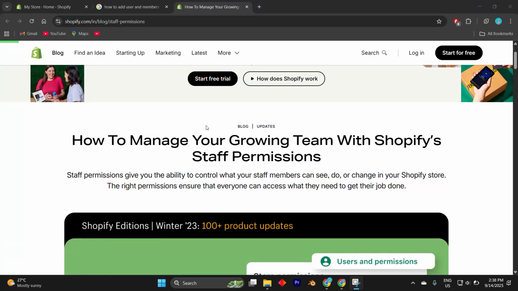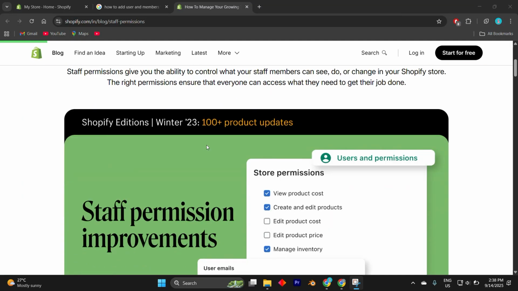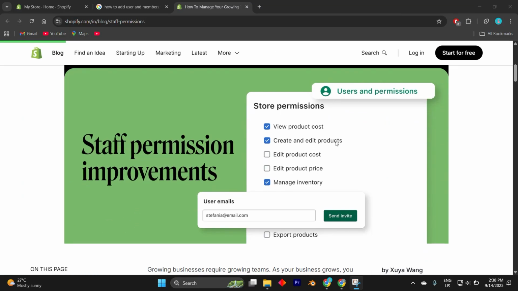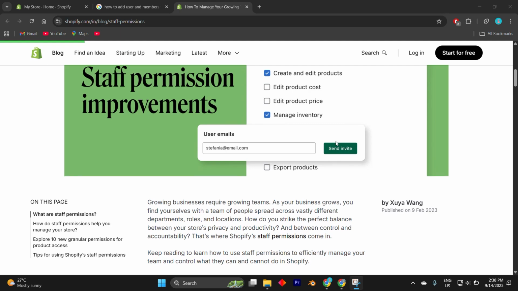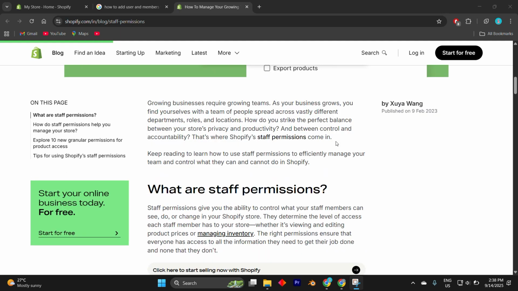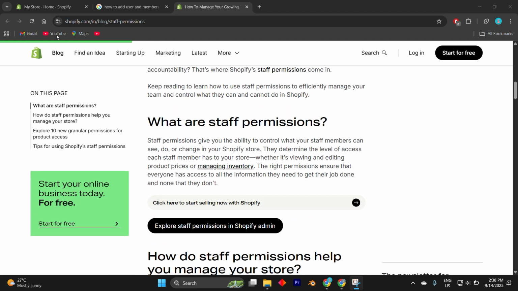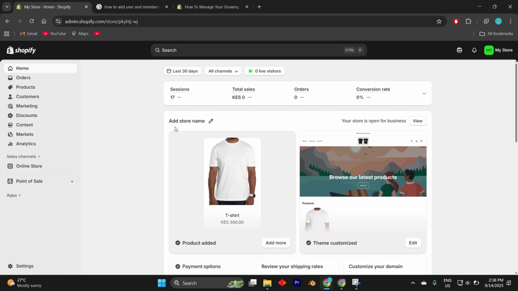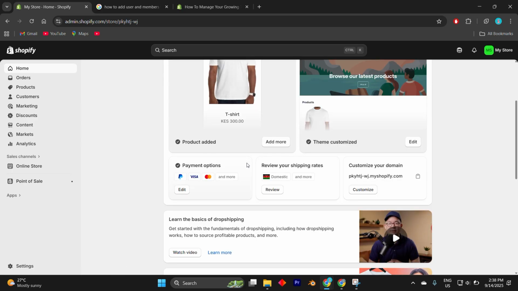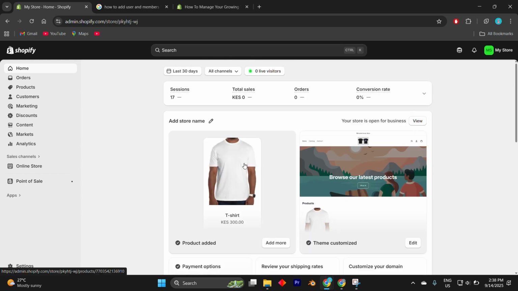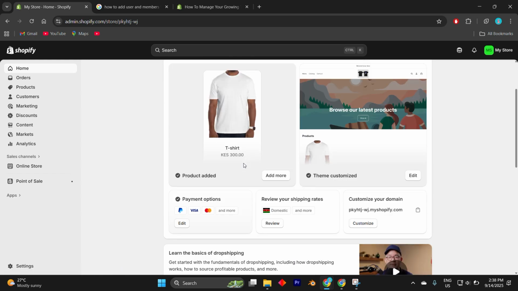In today's video, I'm going to show you how to add users, staff members to your Shopify store. Adding staff members to your Shopify store allows you to share access with your team while keeping everything secure and organized. Each staff account can have its own login, permissions, and level of access, so you don't have to share